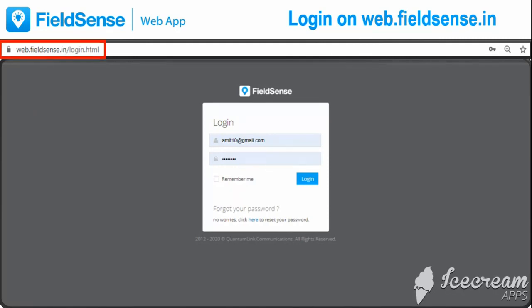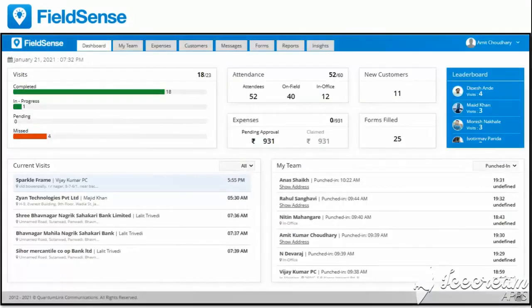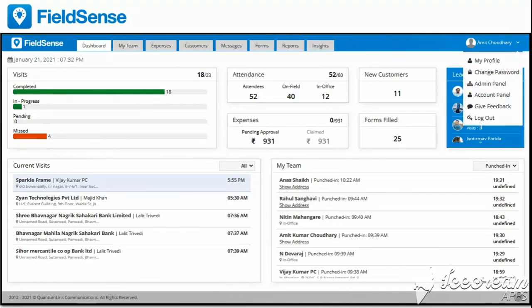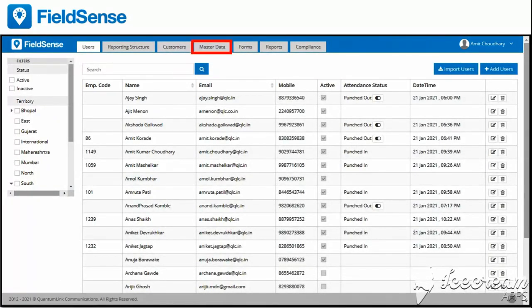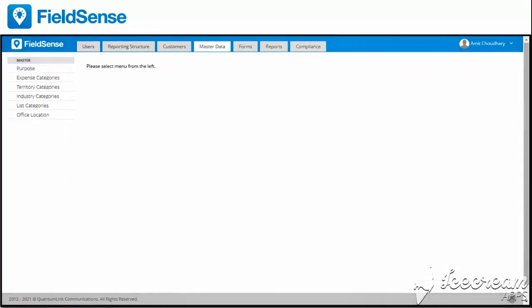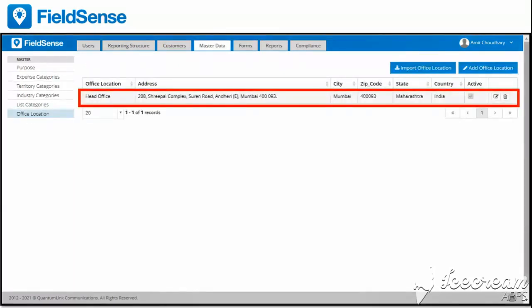Log in on the web portal, that is web.fieldsense.in, with admin's user ID and password. And when you come to the FieldSense panel, then switch to the admin panel. Under admin panel, come to the section master data. Under master data, you will find this option office location. Go to the office location, where you will see the default office location that you have saved while signing up